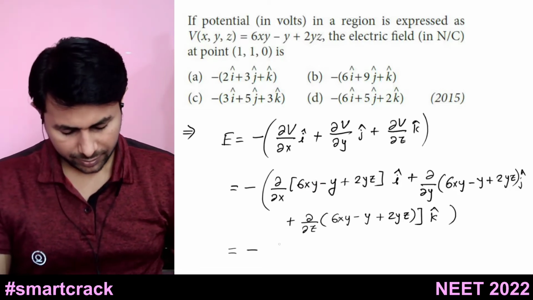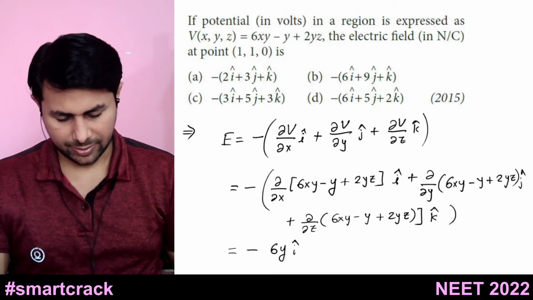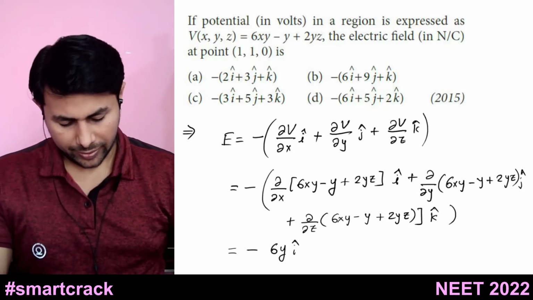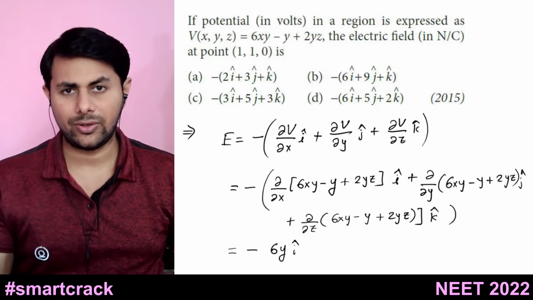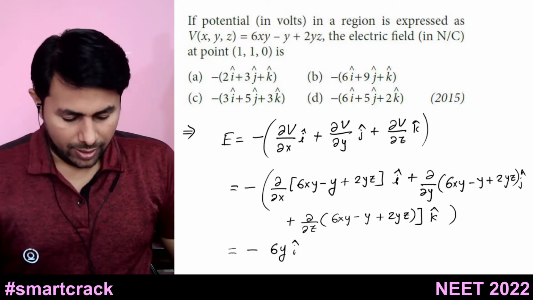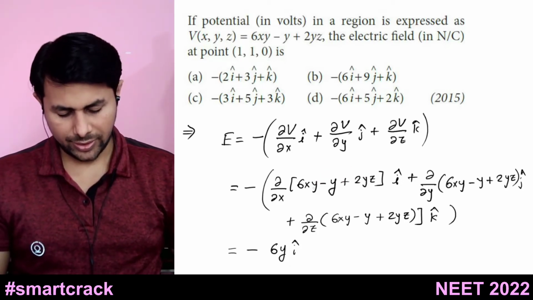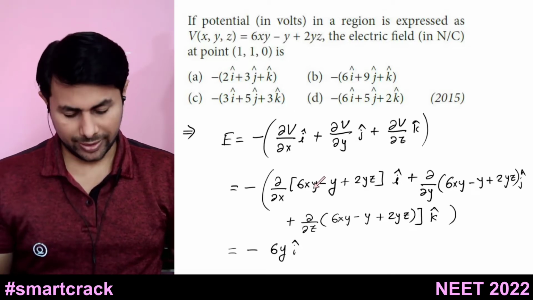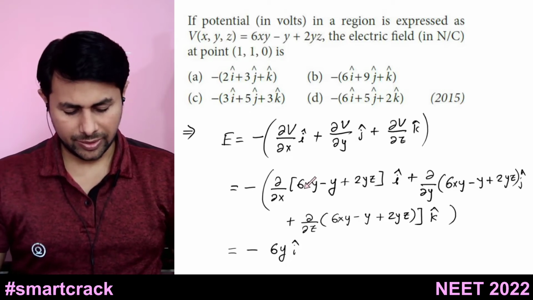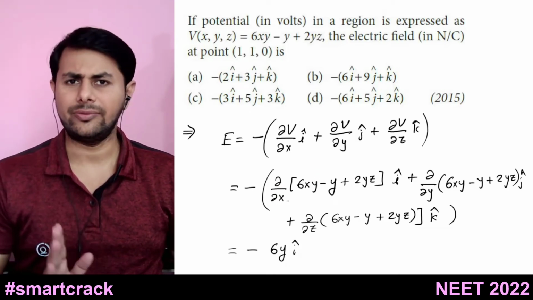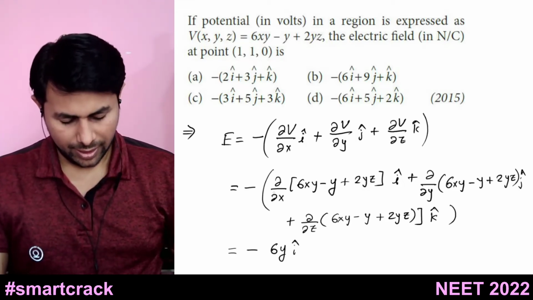So it is 6y times i cap, right? What I have done is taken the derivative of this term with respect to x, treating y and z as constants. So the derivative of this term and this term will be 0, and here also you can take y as constant, outside of the derivative, so 6y you will take out. Then you have to take the derivative of x with respect to x, that is 1. So it is minus of 6y only. So minus 6y into i cap,